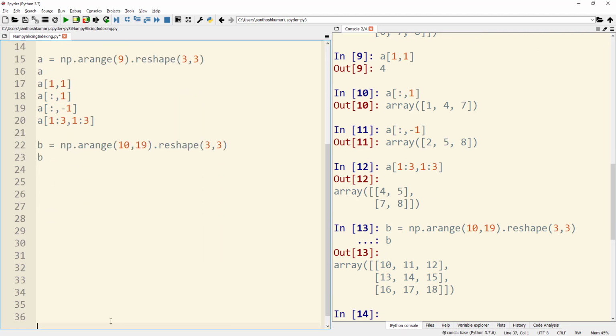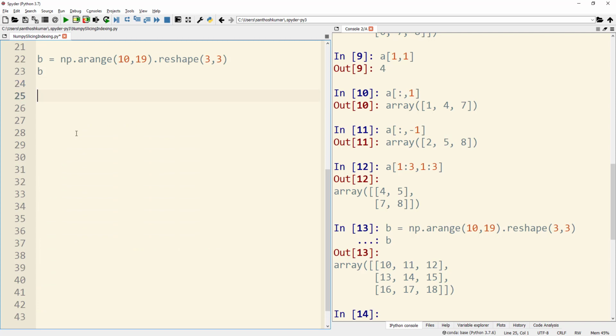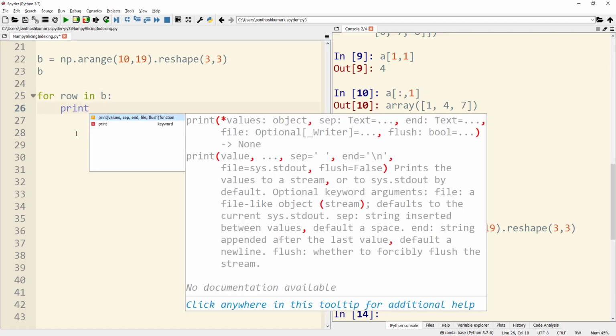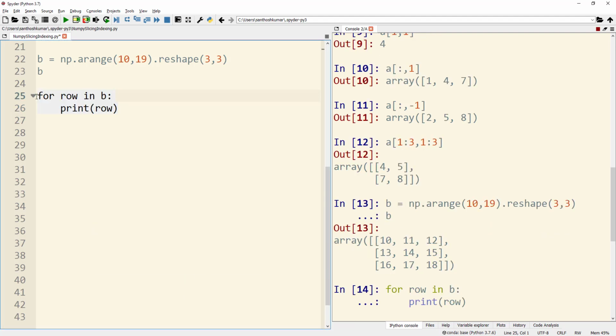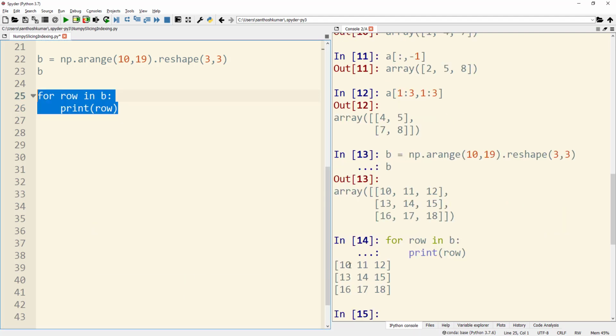I will create some space, and now if I wanted to traverse through all the rows, then I could use a for statement for that. So I can just use for row in B, print row. When I run this piece of code, you can see that the rows are displayed, and if I wanted to actually traverse through each element within the matrix B, then there is something called flatten.